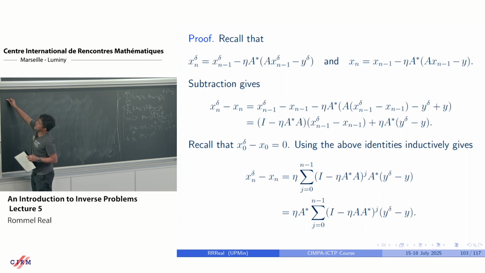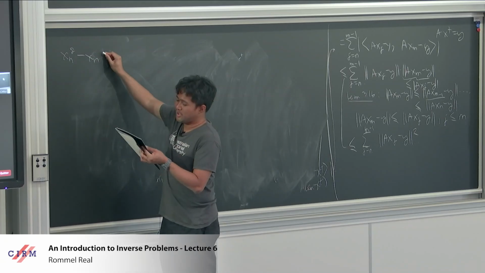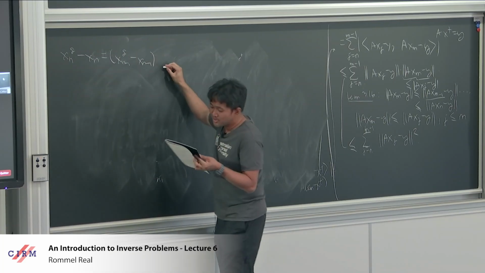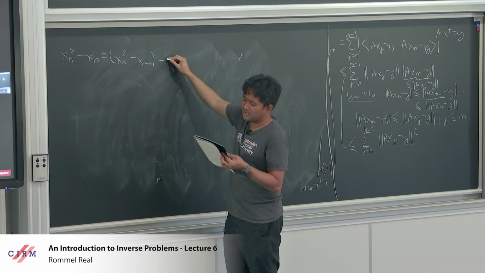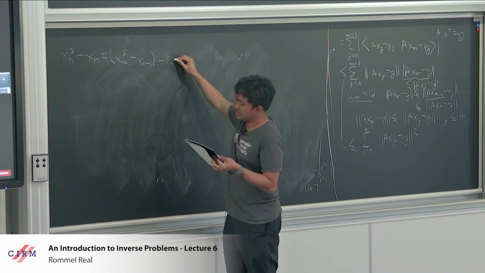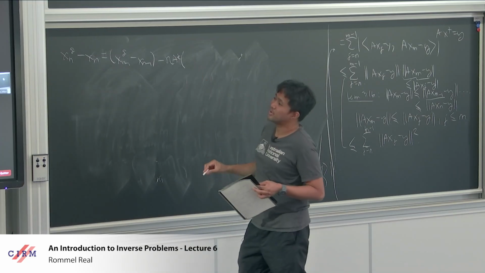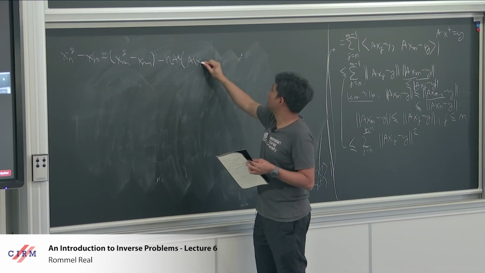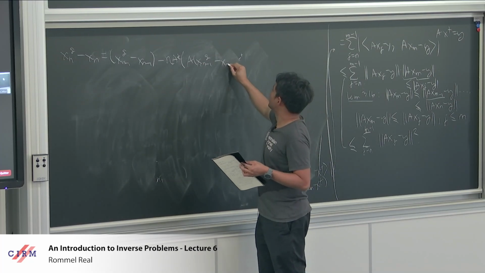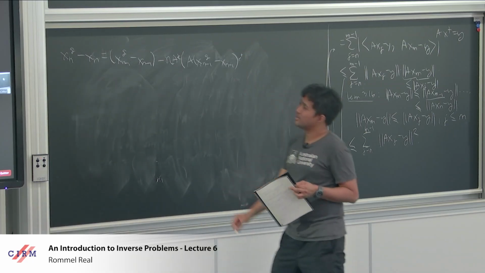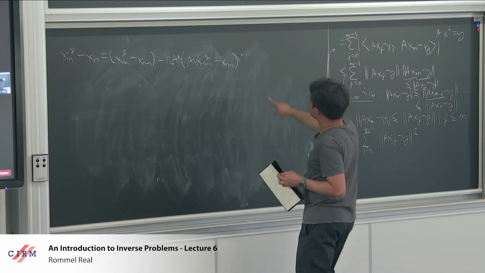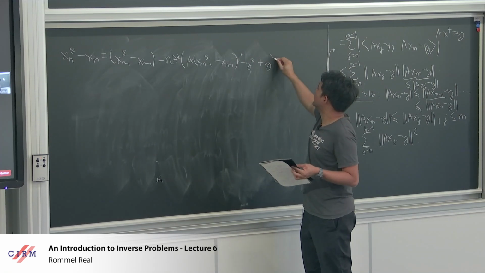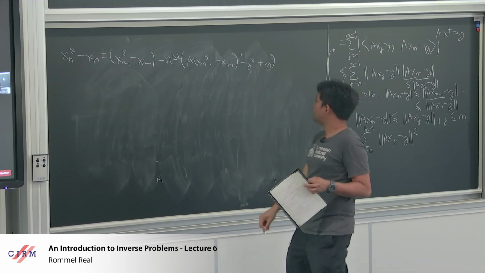So that's x sub n delta minus x sub n, minus eta times A star, and then you get that one actually. You have A of x sub n minus 1 delta minus x sub n minus 1, and then inside, multiplied by A star, you have minus y delta plus y. Okay? Now if you look at this one,